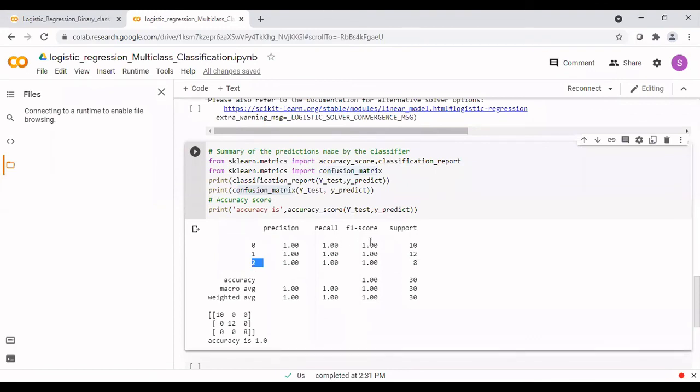Similarly, the precision, recall, and F1 scores are printed. And then this is our confusion matrix. If you see the matrix, the diagonal tells you the true positives, that means how many samples are correctly predicted. This logistic regression model achieved 100% accuracy. That means all are predicted correctly. There is no wrong prediction, so we are getting zeros in all the non-diagonal elements.